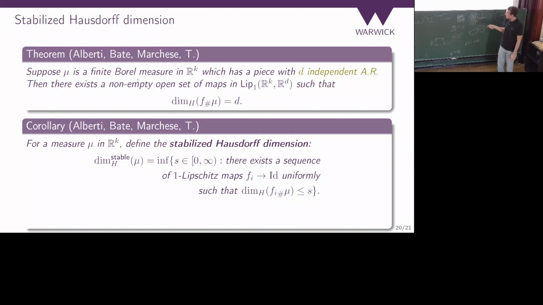Because for this guy, by the theorem two slides ago, if mu is any measure on this set, then this stable dimension is actually 0, although the Hausdorff dimension is bigger than 1. So Hausdorff dimension is just not stable under these types of operations, right? You can perturb the measure arbitrarily, with an arbitrarily small perturbation in this sense, such that you push it forward to something lower dimensional. And it turns out that because we're in R^k and we have the previous result and the one before, you actually can show this.